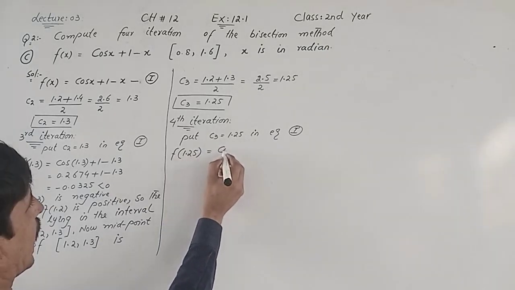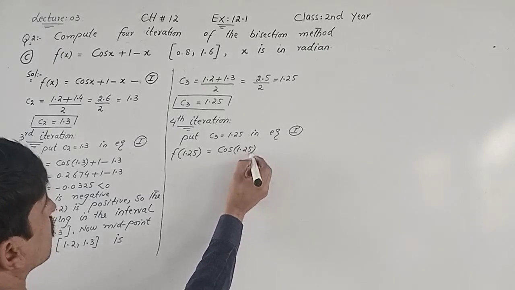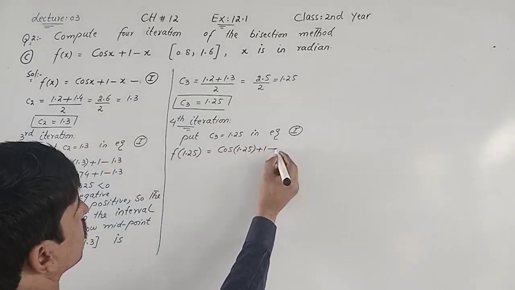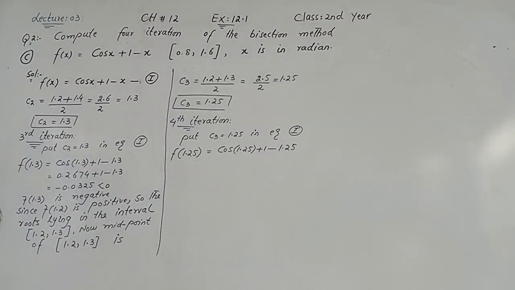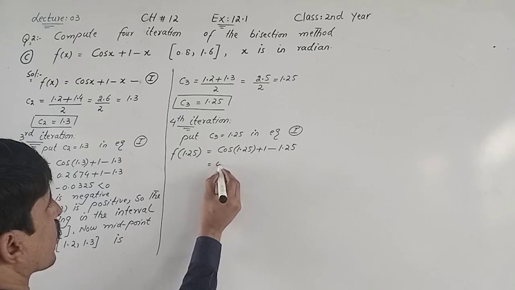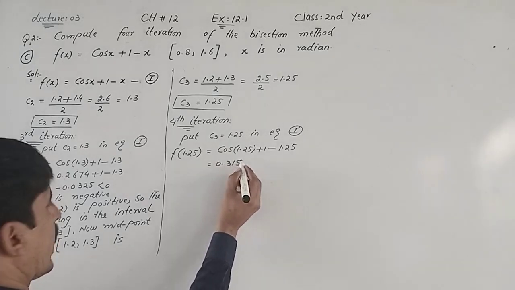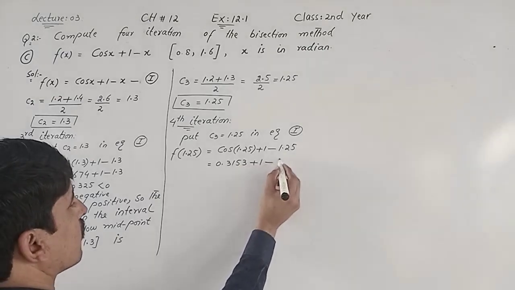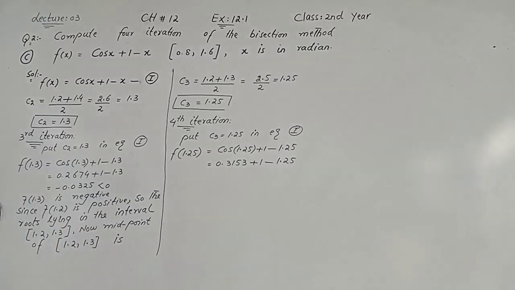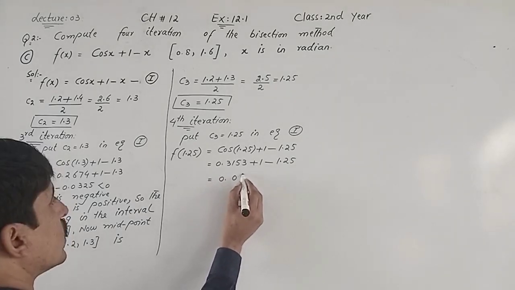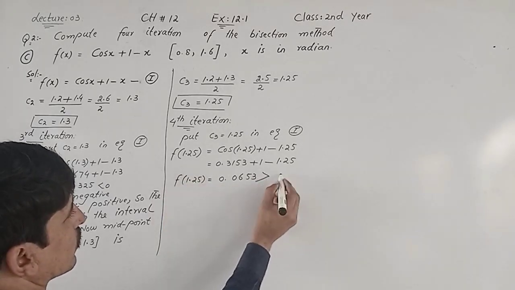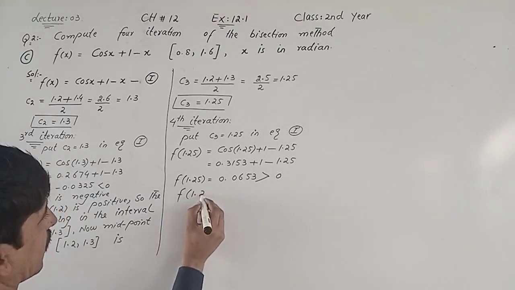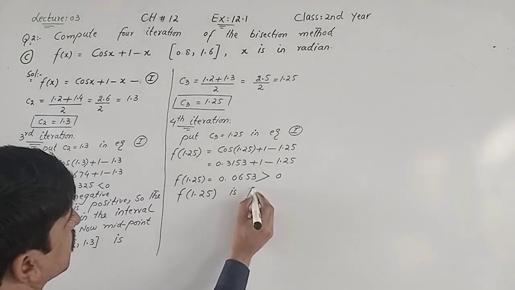f of 1.25 is equal to cos 1.25 plus 1 minus x की जगह लिखिए 1.25. अब ये कैलकुलेटर के साथ करें तो इससे हमारे पास आ जाएगा 0.3153 plus 1 minus 1.25. तो इससे हमारे पास आ जाएगा 0.0653 which is greater than 0. Mean f of 1.25 is positive,